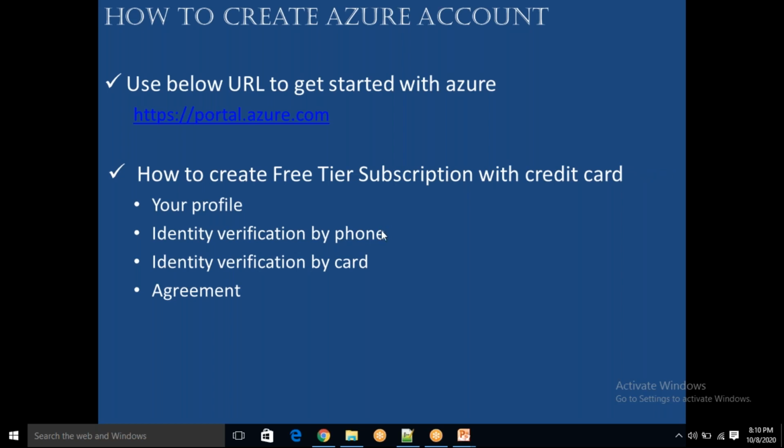Okay, fine. See, what happens is once this 30 days is over, this subscription will be disabled. You need to understand, this subscription will be disabled. Whatever services you are trying to create with this subscription, you will not be able to create. So you need to find out what all services are free for 12 months. Those services you can create. But whatever services are chargeable, you will not be able to create with this subscription, because this subscription is disabled after 30 days. Okay, clear now?